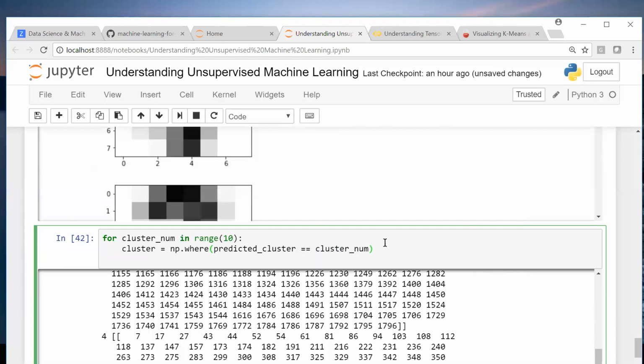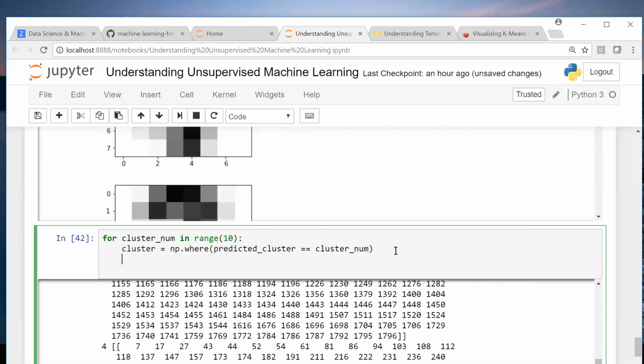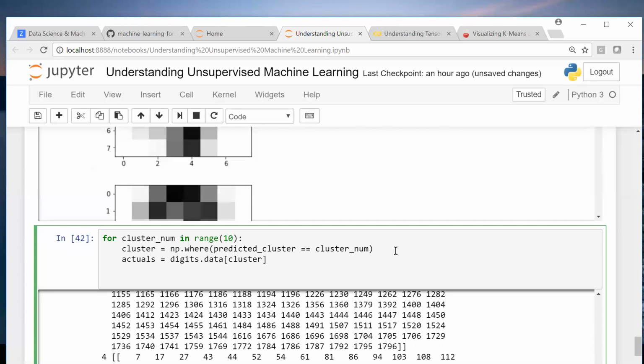So this will be the cluster information, and the actuals are digits dot data, oops sorry, digits dot data cluster. This is your actuals, right? On finding the actuals, now we will do this mod.